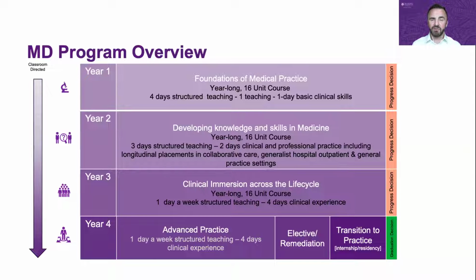And then incrementally into year three, 80% rotating through the disciplines that you'll be familiar with: child health, women's health, medicine, surgery, mental health. And then year four, seeking to recognize the added complexity, working in complex systems, working as a member of a multidisciplinary team, and seeking to apply that knowledge to the care of individuals with both acute and chronic conditions. Opportunities for choice through the elective, and then a real purposeful focus on that transition to practice in the last few months of year four,